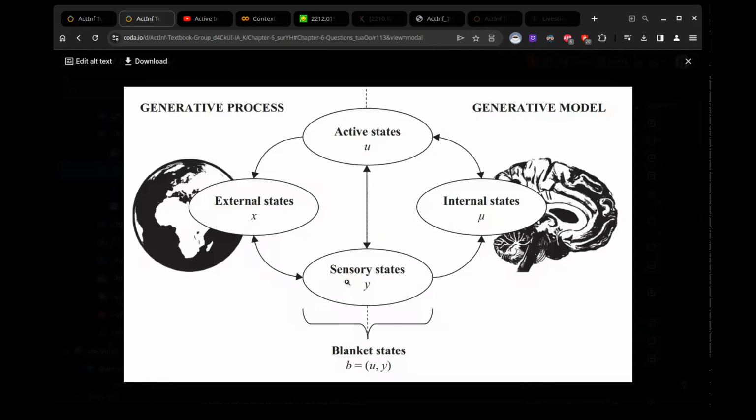So our preferences are over sensory states, but the two things that we can control, the autonomous states, like all-knowing and all-powerful, are the internal and active states. Another way of saying that is you don't directly have your thumb on the scale. We want to see a certain number on the scale, but all we want to be able to do, even in our maximal empowerment, would be perfect updating of learning and perception and perfect selection of action.